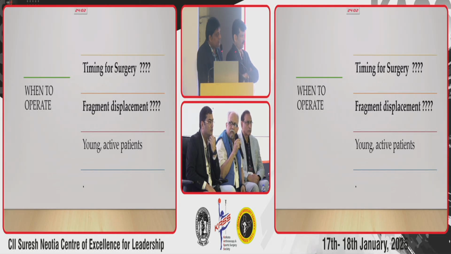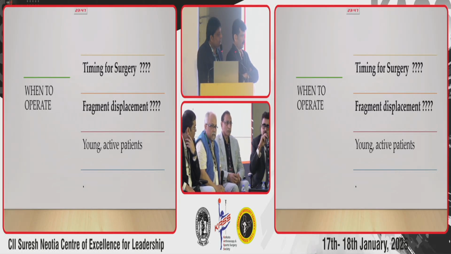Because if it is beyond 2 weeks, 3 weeks time, then you won't be able to stitch them, you won't be able to identify them. That is the problem. So it has to be below 10 days. Vikas sir. I have a decent number of cases which I have seen and operated in the last